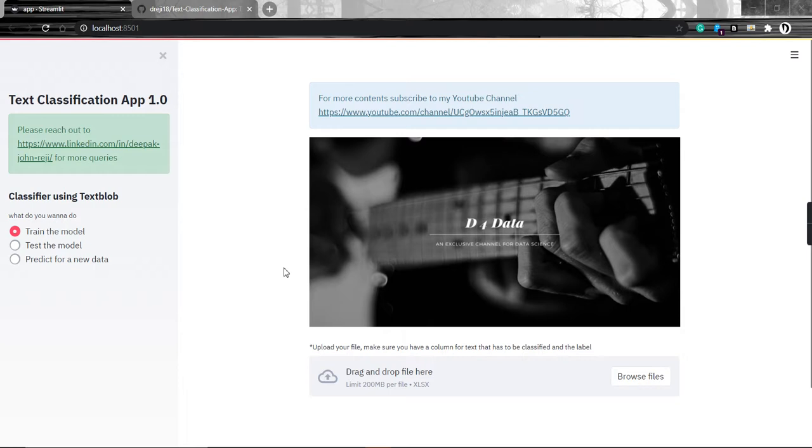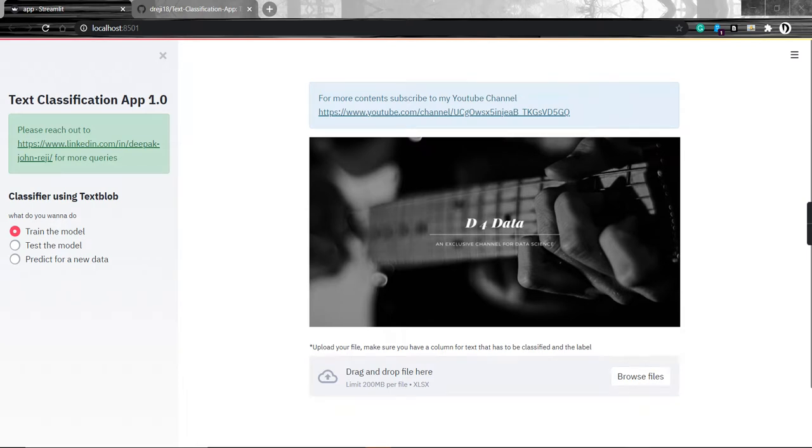So here we have the options to train the model, test the model, and predict for new data. For training the model, we need a data set. That's the primary thing, and it can be of any size at this point. To get a feeling of how we will train a model, we can jump into an Excel file, write some data which you like, then give some labels and try it out.